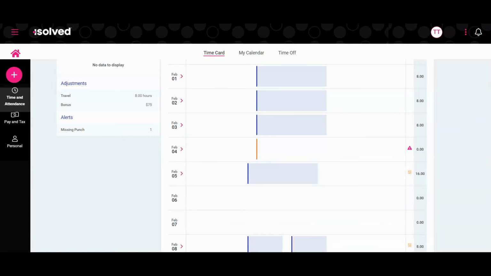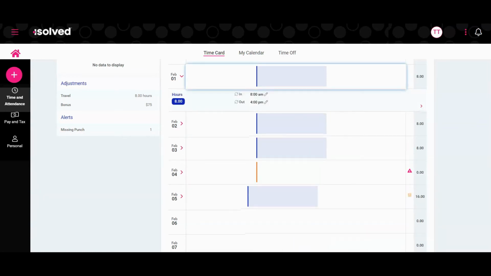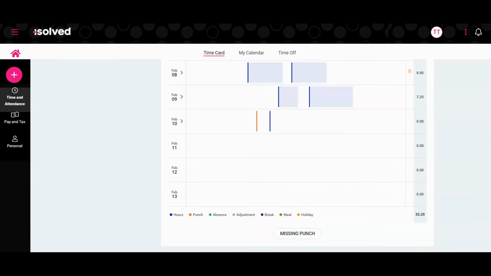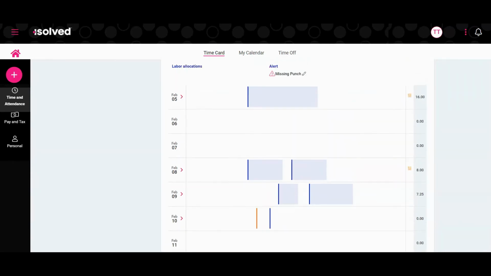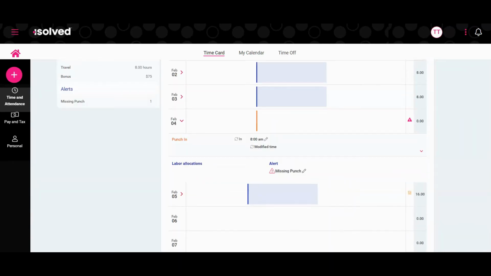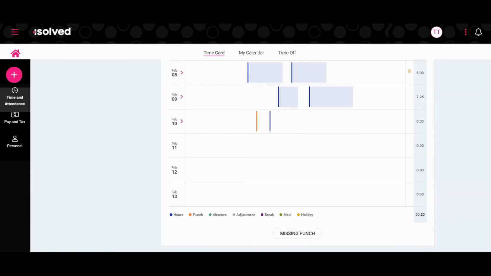The employee can drill into all days to see specific in and out punches for the amount of hours worked on that day. Scrolling down to the bottom of the page presents us with the missing punch button. Remember that we have a missing punch on February 4th. When I scroll down, I'm able to then select the missing punch button, one left mouse click, and now I